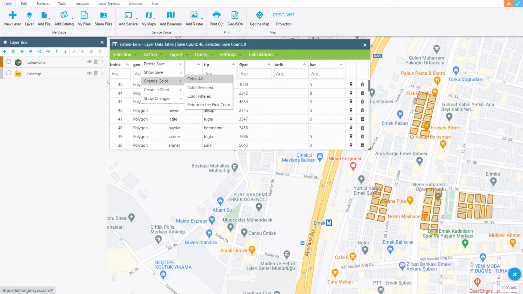In this tutorial video, you will learn how to change color in the attribute table. Open the attribute table from the layer options in the layer box. There are different display save options when clicked on the change color option in the action menu in the panel